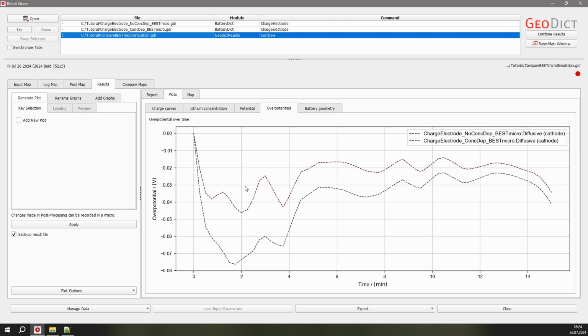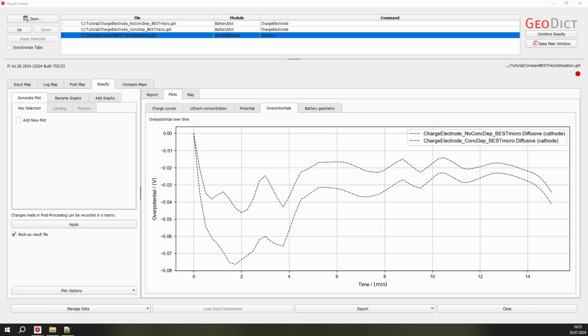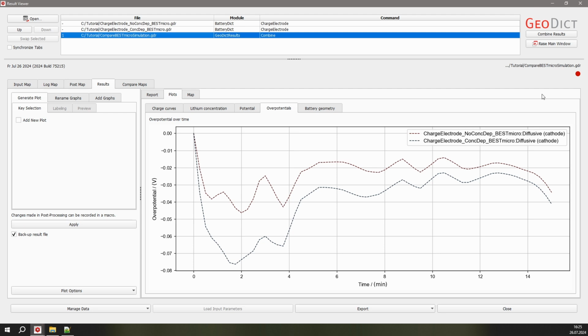This is because the electrical conductivity in the NMC is considered to be lower for a high lithiation. Because we have a good conductive network in the carbon binder domain of the electrode, the overpotentials due to the electronic resistivity of the cathode are small. Thus, the effect on the battery in this example is not so prominent as the effect of the concentration-dependent diffusivity.